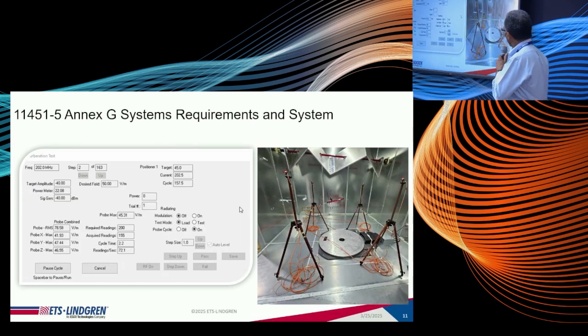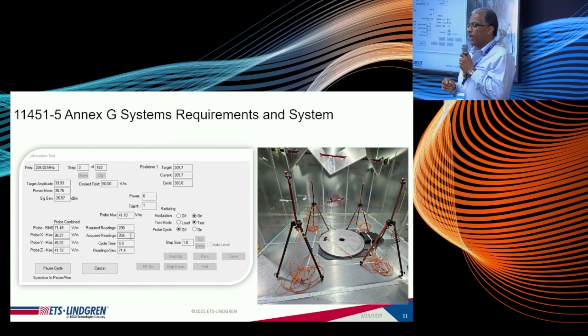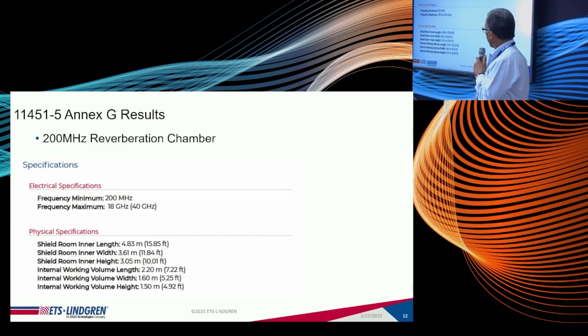The next thing he did was arrange the probes around the test volume. So we have the upper range or upper row of probes. And at the bottom here, we have another 4 probes at the bottom of the probe stands. Ignore this little turntable. That's there for a slightly different reason in this chamber environment. But he's got the 8 probes set up, transmit antenna on the far wall, and the tuner, obviously, for stirring those modes. And what he's going to do is just rotate the tuner, stir the modes, and sample those 8 probes on the fly. And while he's doing that, he's measuring the maximum, the minimum, and the average, and calculating those values during the course of the measurement on the fly.